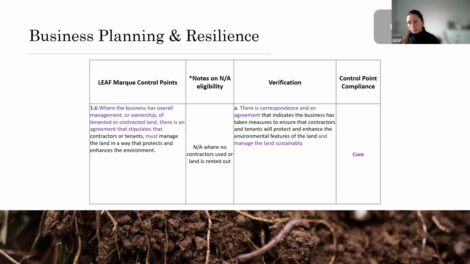But this control point has been moved from the landscape and biodiversity section to this business planning and resilience section because it really does apply to the whole farm and the whole business and should be accounted for in all business planning and agreements. And this control point, as you can see in purple, has also been changed to specify that the business has a formal agreement to require tenants or contractors to manage the land in a